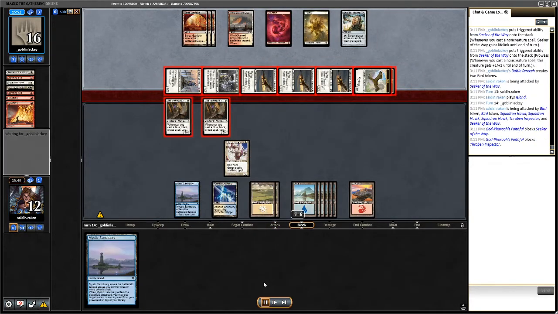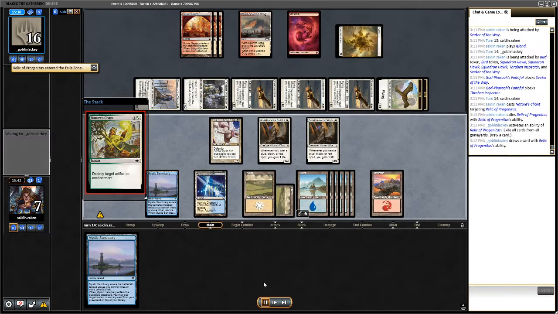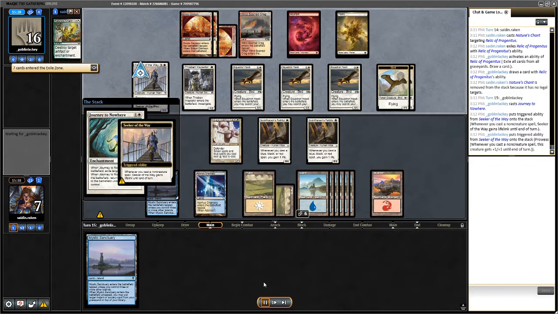I have to block. I'm pressed into that. He doesn't have a rally, but I don't really have anything to do. I Nature's Chant the Relic. At least get that off the table. He's got 5 damage in the air. And he journeys my